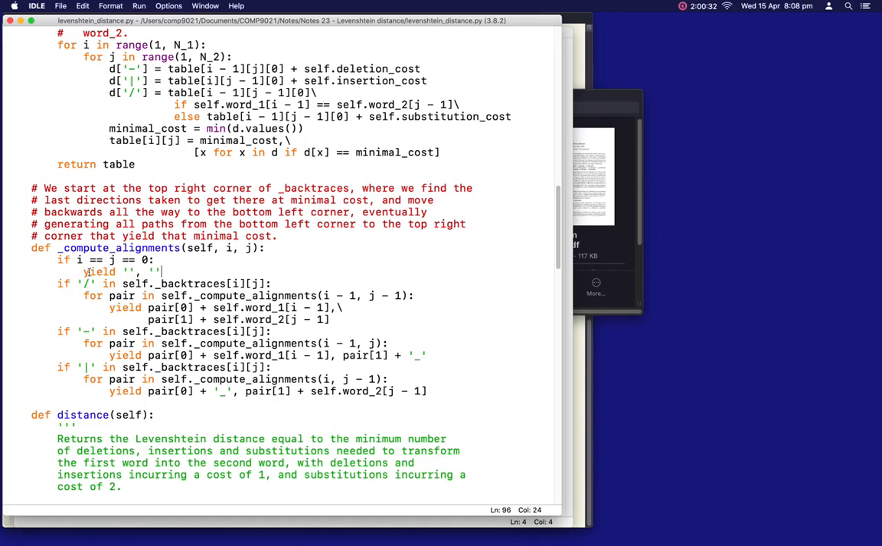So we yield, it's a generator function, right? Much more efficient than creating a list and returning the list. Now, if it's not the base case, so at least one of i and j is not equal to 0. We don't need to test whether i or j is equal to 0, because at location ij in our grid,